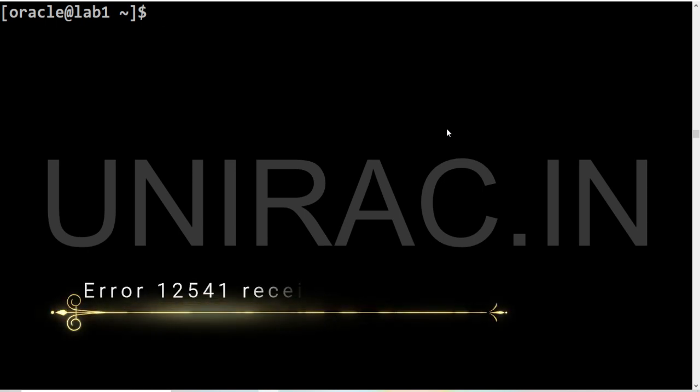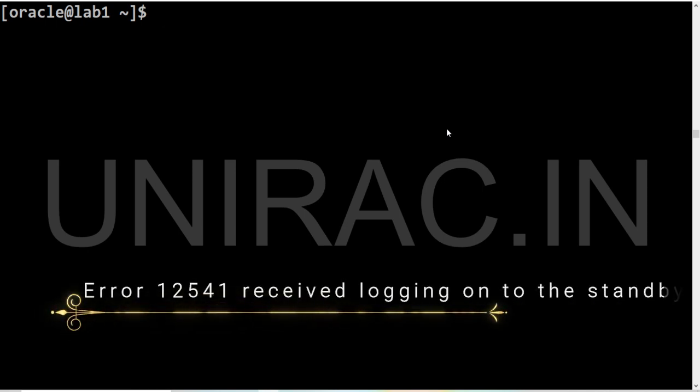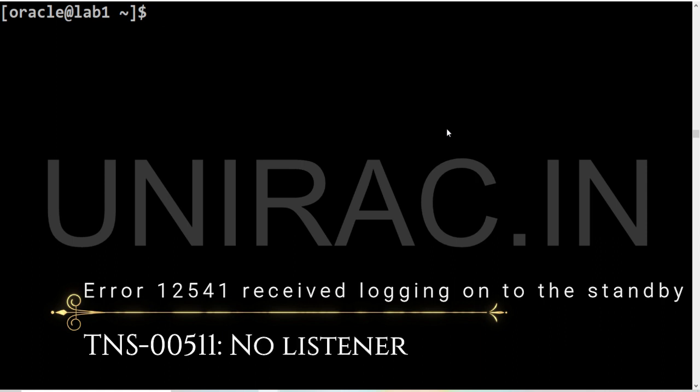Hello guys, we'll see how to fix data card issues in our current environment. We are facing a few issues in our current environment. Let's trace those errors first. What kind of errors are we facing? We'll check from the alert log file, so let's move on to the trace location.